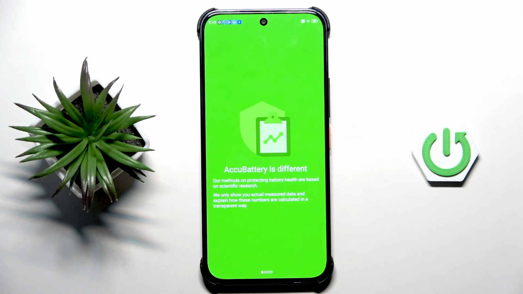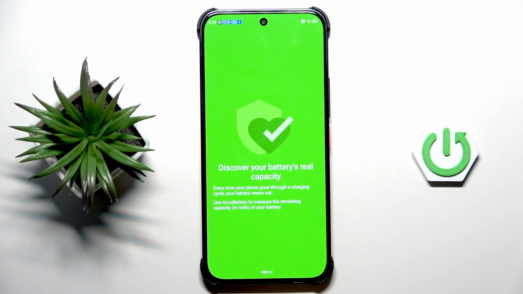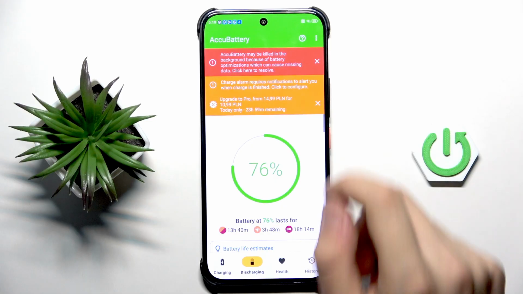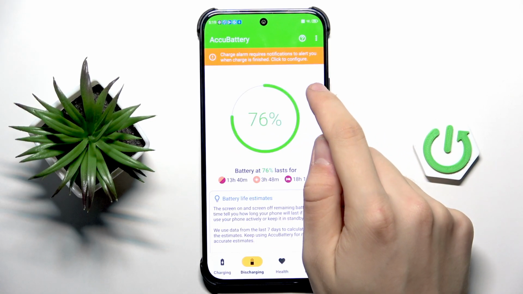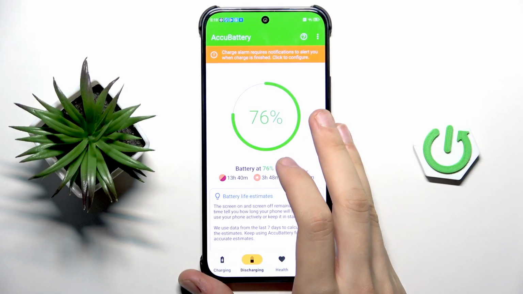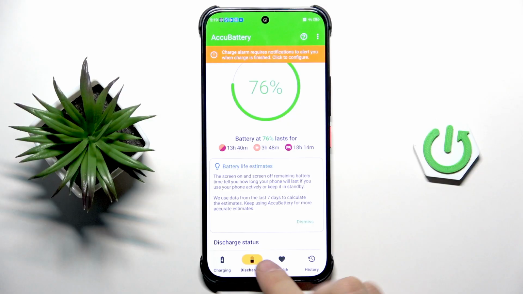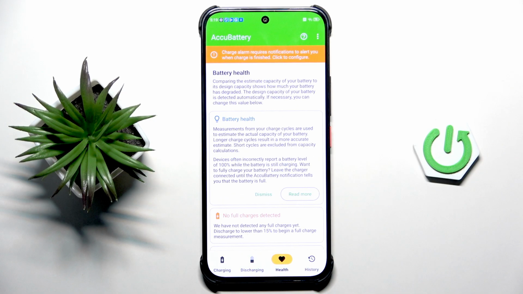Here tab open, scroll this, finish, X button, and now as you can see we are here. What I do recommend doing now is that keep your phone, do some cycles, 1-2 cycles, do it so actually